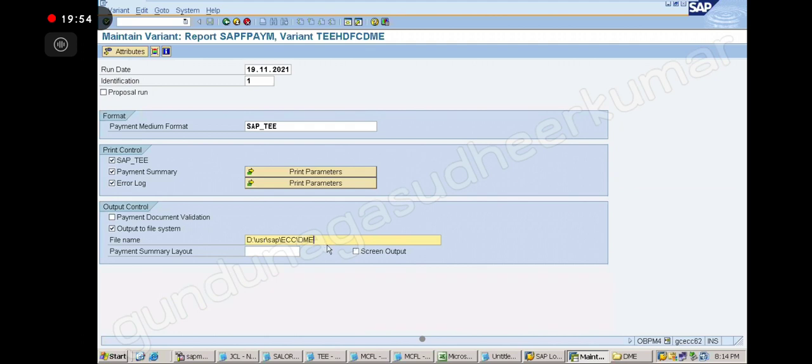Got it? And then again, I will give the file name also. What file name will I give? Something like TEE. I will give like this, TEE.txt. Text file I am going to create, so that I can identify the file name in that DME folder. Okay, note down everybody. So I have given my path, I have given my file name where it will be saved once I run the APP.